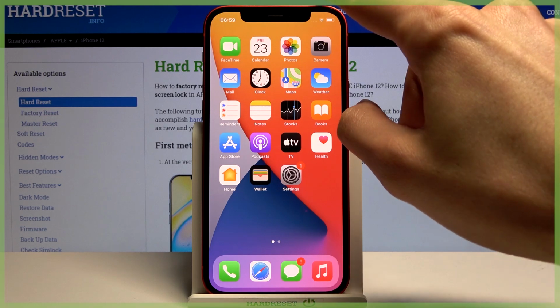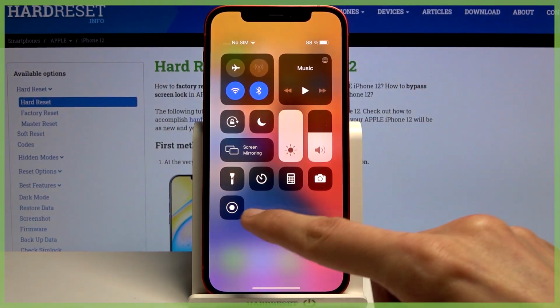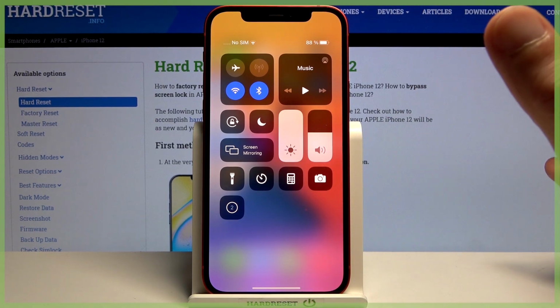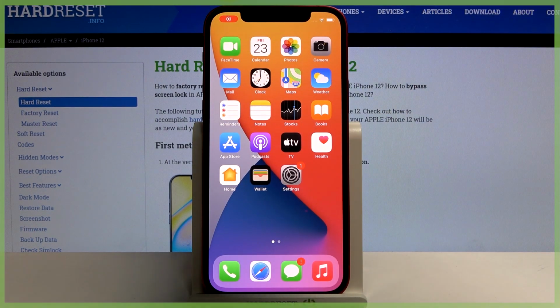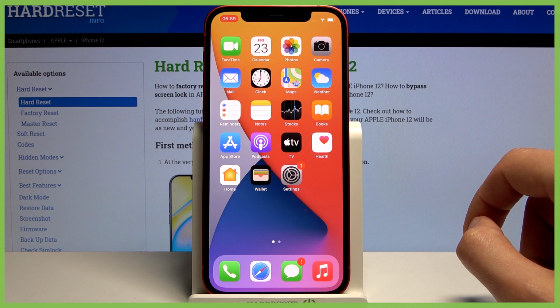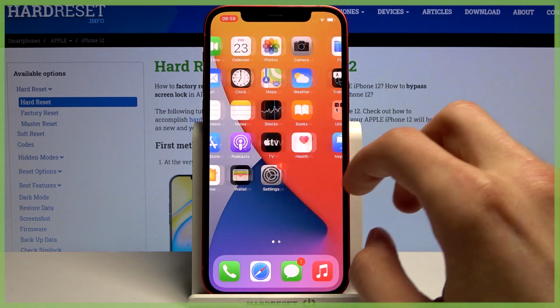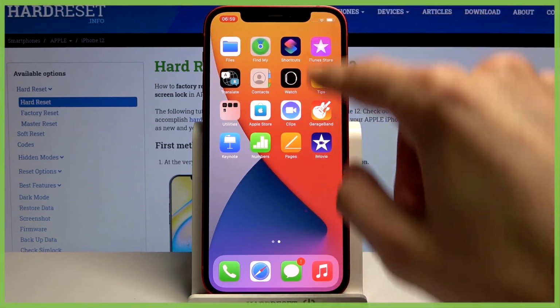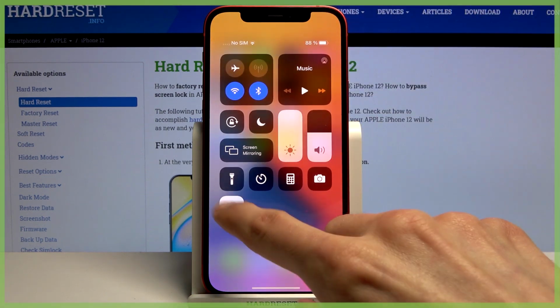And from there you can leave it and pull down the notification or Control Center and tap on the circle within the circle, and it will start the countdown and start recording, as you can see right over here based on that red circle with the time now. So whatever you will be doing right now will be recorded. So you can open apps, record whatever you want, and once you're done, simply tap on the toggle once more